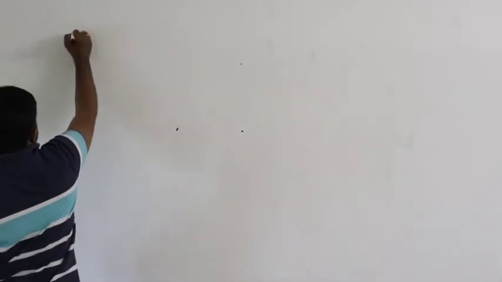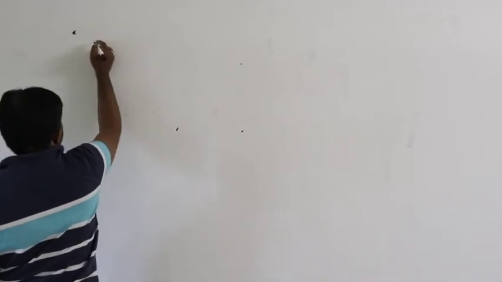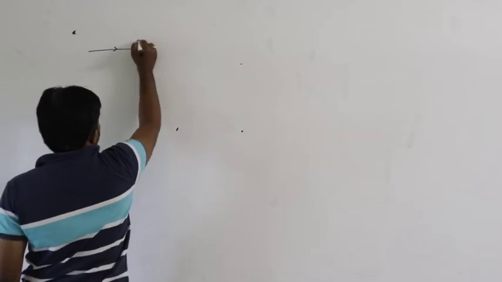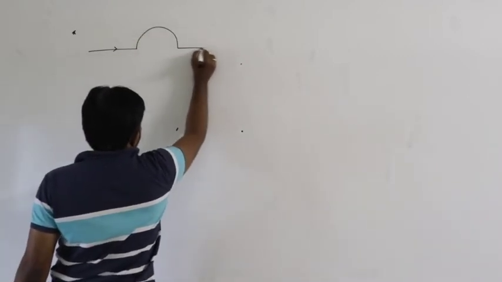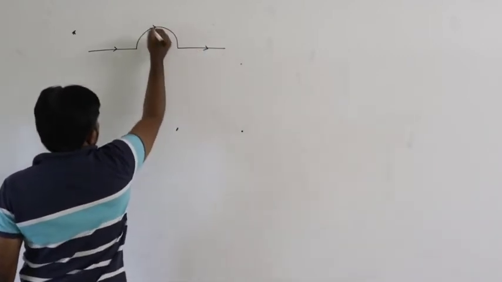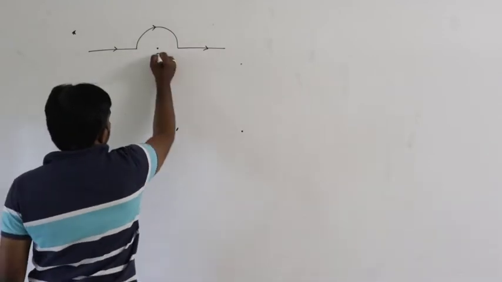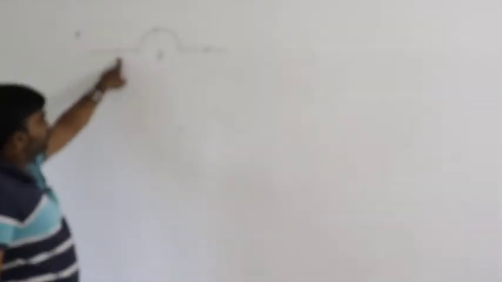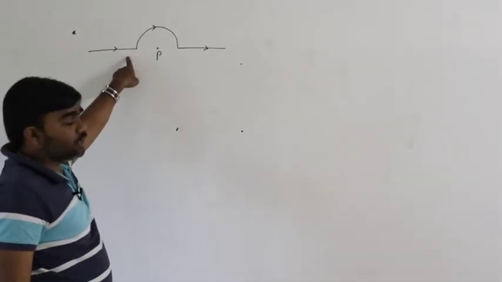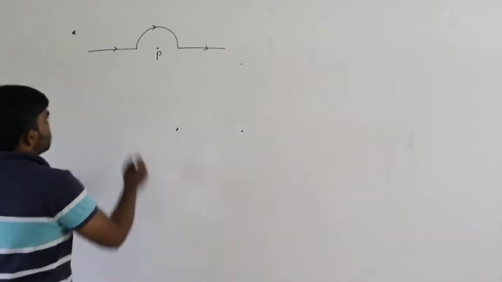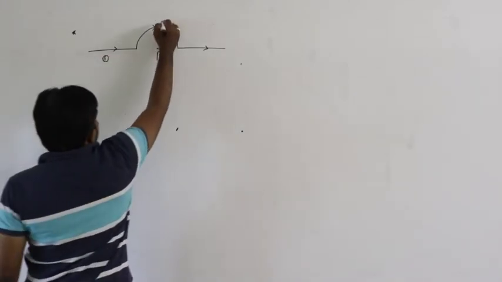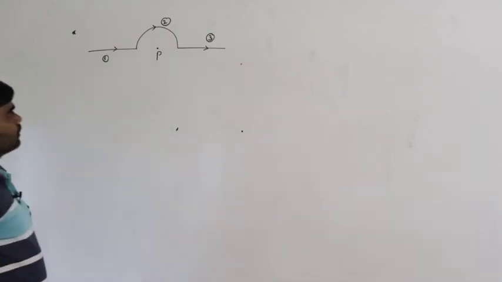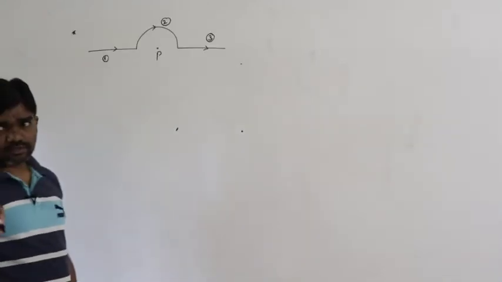So next case, for example, this is one current carrying conductor, this is another one, and this is another one, like this. What is the magnetic field at the point P? This is the shape of the conductor. For this shape, what is the magnetic field at the point P? Let us say this is the first one, this is the second one, and this is the third one. Three shapes, three conditions here.